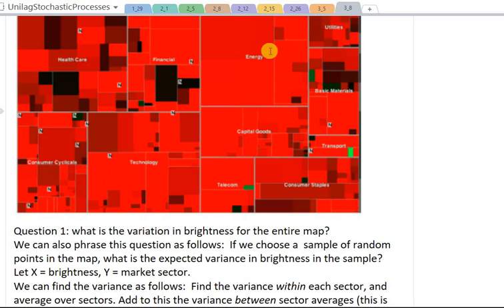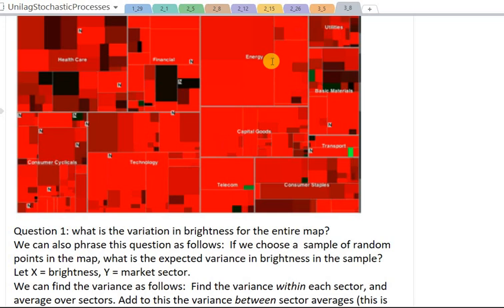There's a lot of variance in this basic material. Some is very dark, some is very bright. In energy, there's much less variance. It's mostly bright. So you can see the variance really depends on the market. Transport, there's not much variance. So if we could imagine giving one variance for each one of these squares, you get a different color that represents each square. So you're going to have a variance within each sector, and that's going to contribute to the